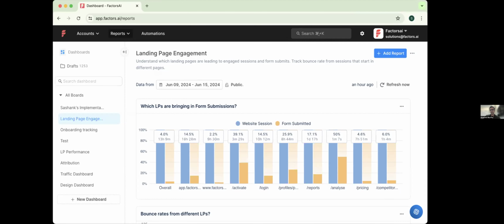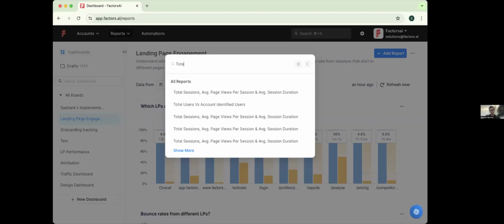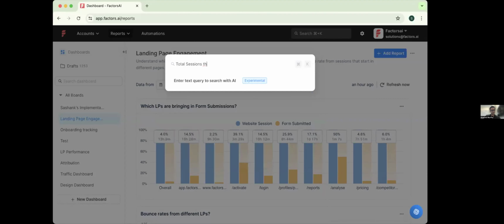So we have started mainly with the web analytics use case. Now you're here and you just use the search bar, and you can search for something as simple as the total number of sessions that happened last month. So we're just launching this.